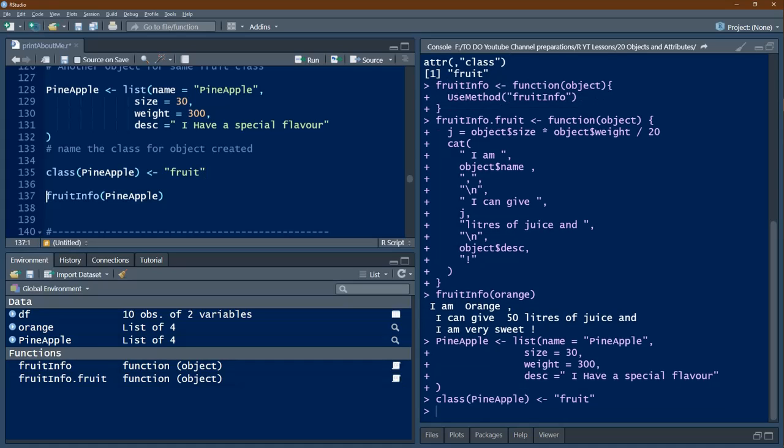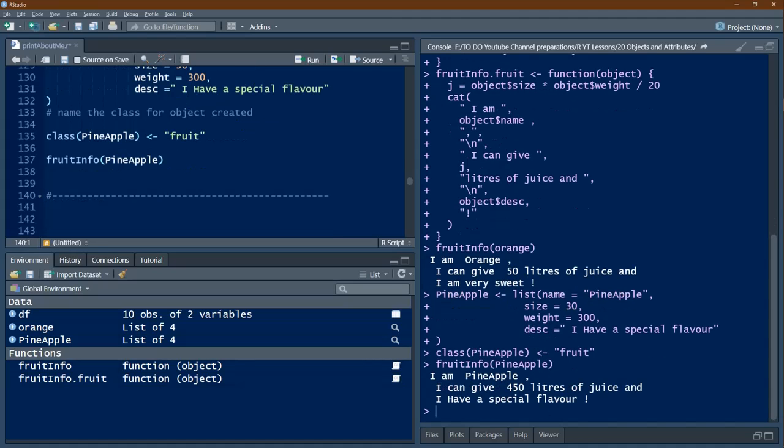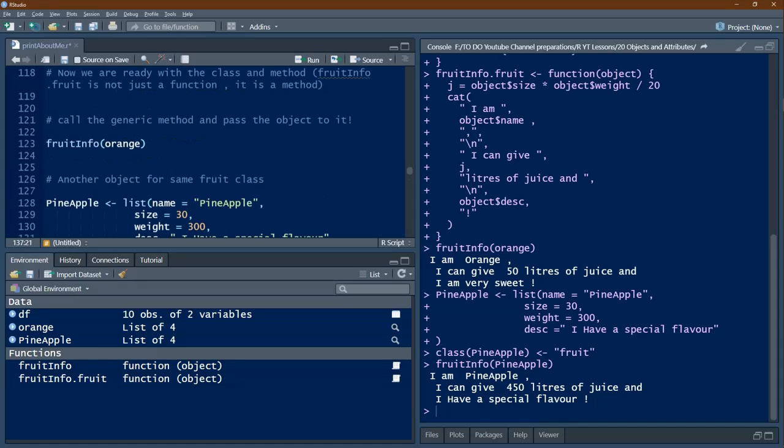Now let me call the generic function fruitinfo and pass the object pineapple. Now I am pineapple, I can give 450 liters of juice and I have a special flavor. So the same generic function, depending on the object, has taken the details of that object and given the results. So now we have seen one example